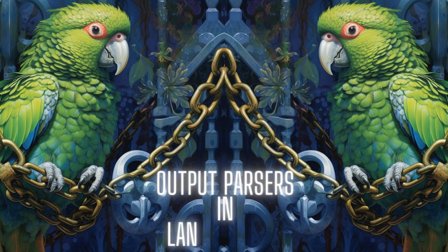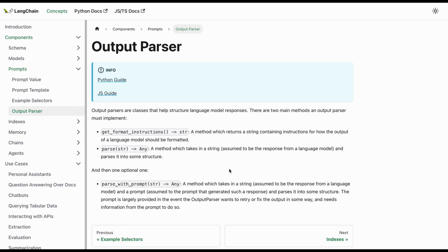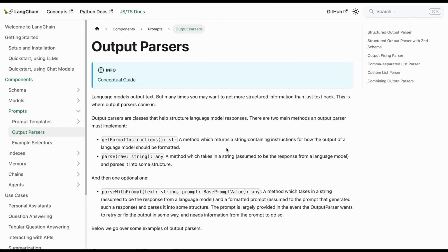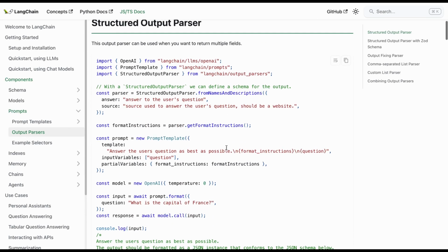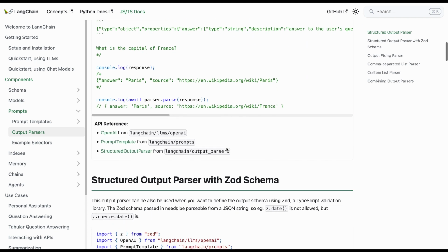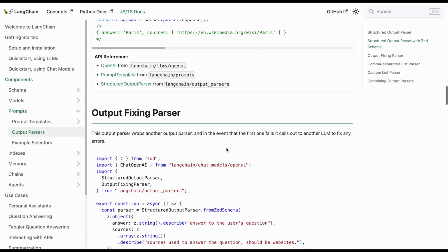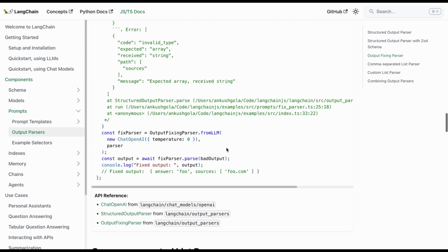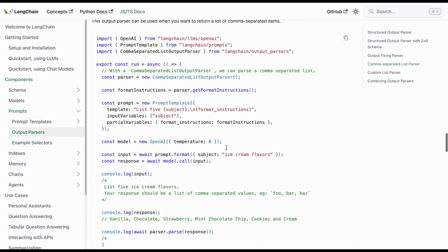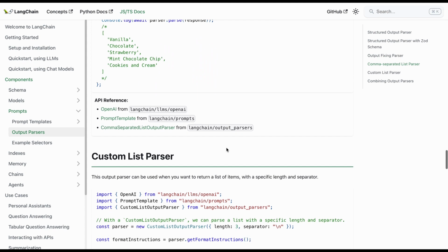In this video, we'll delve into the world of output parsers in LangChain. We'll focus specifically on their implementation in JavaScript and Node.js. Output parsers play a crucial role in structuring language model responses and extracting meaningful information. By utilizing output parsers effectively, we'll be able to transform our raw text outputs from LLMs into well-organized